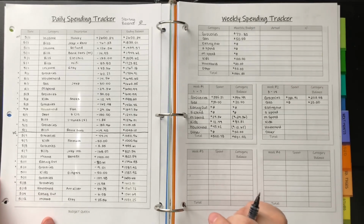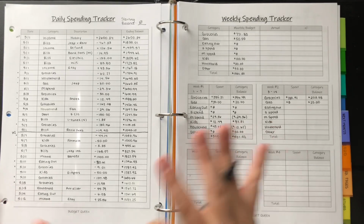So it is pretty expensive. A&W, we didn't get that much stuff. We kind of all shared and whatnot, so